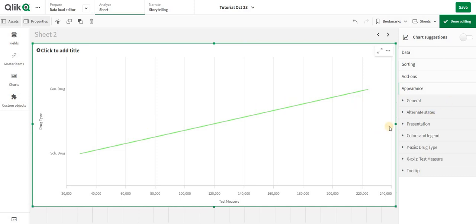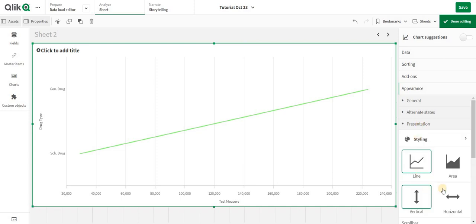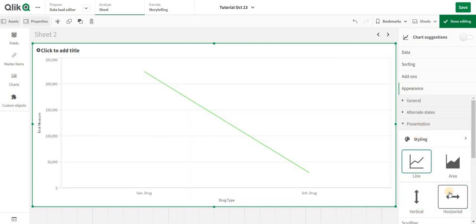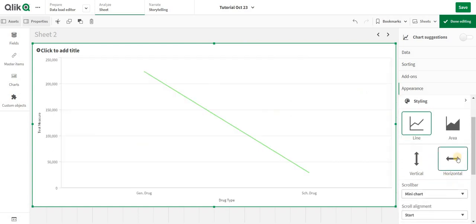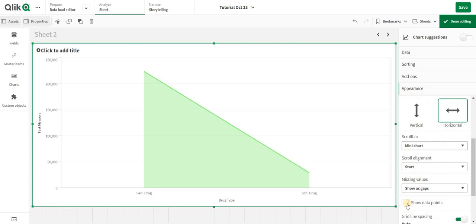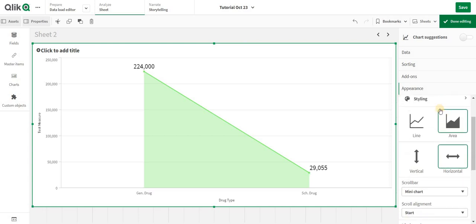And now you can go into presentation and you can change the settings you need to change. So over here we have an option to create an area or a line. We can even add data points, and as you can see the data points have a larger, bigger font size,